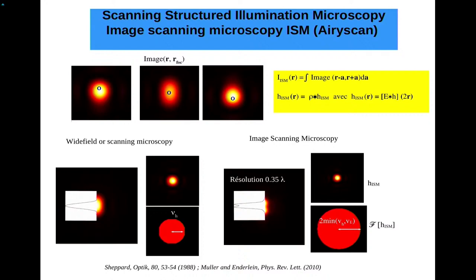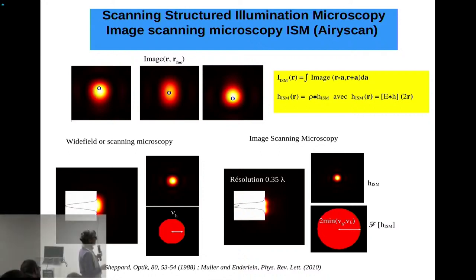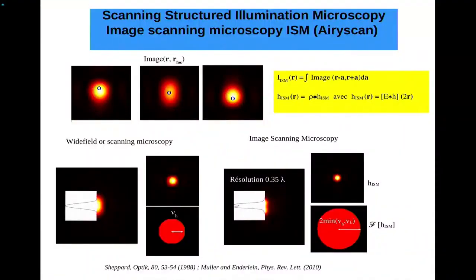And basically, it amounts to saying, okay, I'm not going to take only the intensity here, but I will also take the intensity at R minus A. If I'm looking at the intensity that I want to put on my super resolved image at R, I will take the intensity at R, of course, and at R minus A when the beam is focused at R plus A. So it's quite weird. I think it's weird.